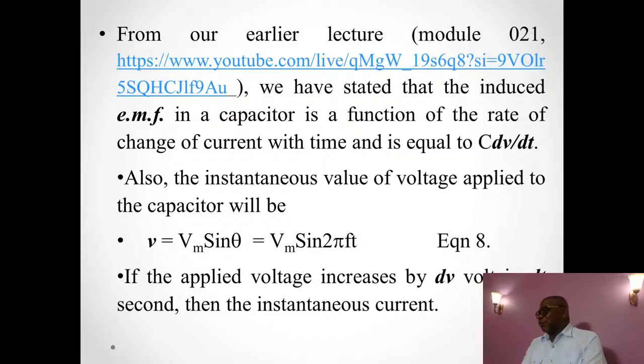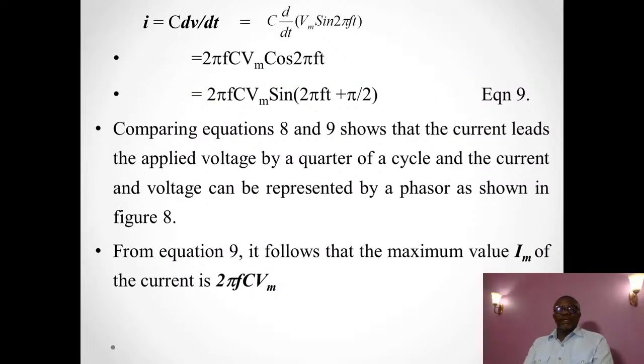So if the applied voltage increases by dV volts in dt seconds, then the instantaneous current will be i equals C dV/dt. Now, if we put that in, because previously we have said that the instantaneous voltage, small letter v, is Vm sine 2 pi ft,